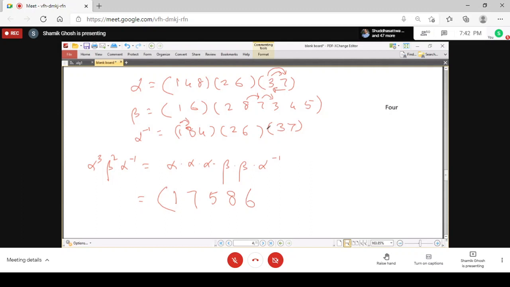So we start again from 6. You see 6 to 2, 2 to 8, 8 to 7. Then we come here 7, 7 to 3, 3 to 7, again 7 to 3. So it will be 3. Then we start with 3, 3 to 7, here 7 to 3, 3 to 4, and then 4 to 8, 8 to 1, 1 to 4. So we have 4 here.